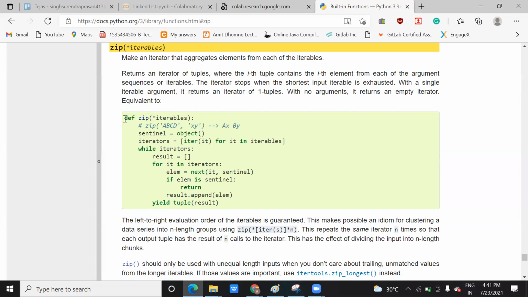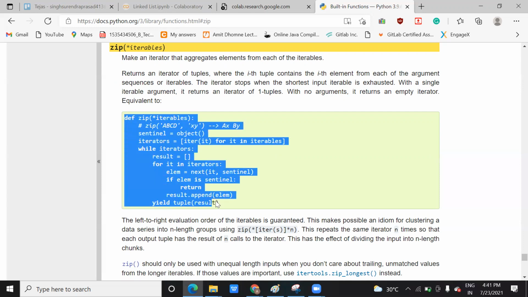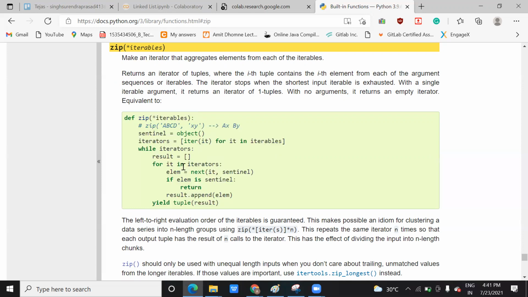So this zip function we normally use in Python, but the actual zip function defined by Python is this one. And you can see it here. You found it out absolutely correct: in keyword argument or argument, when you want to pass a set of parameters or a number of parameters, in that case you need to pass the asterisk symbol.